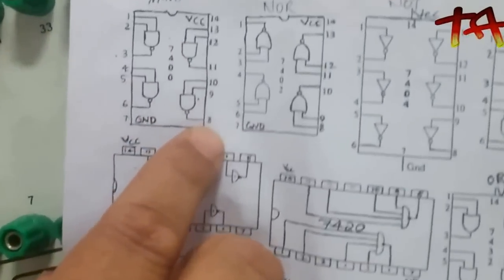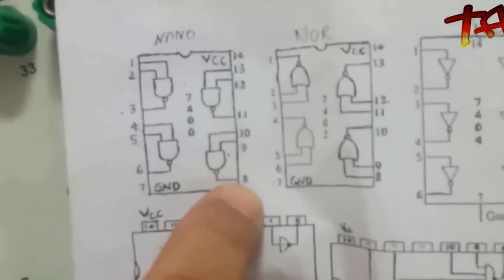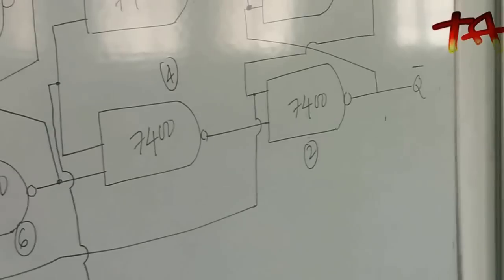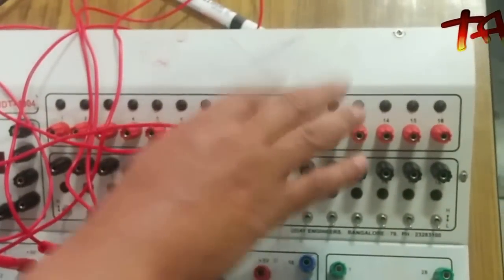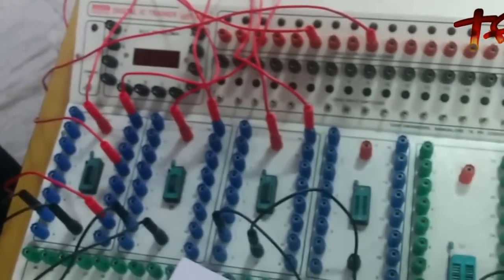Again, you can see here gate number 2. What will we choose at gate number 2? You can see the below one is gate number 2. What is the output here? Output is 8. You can see pin number 8, and that pin number 8 is Q bar. Therefore, pin number 8 will be treated as Q bar. This is Q and this is Q bar. This is the first thing you have to do. Second thing, now you can see this is the latching.